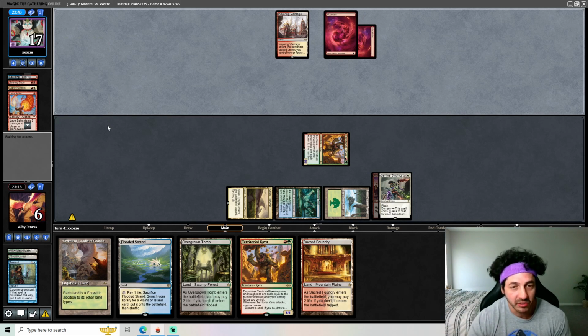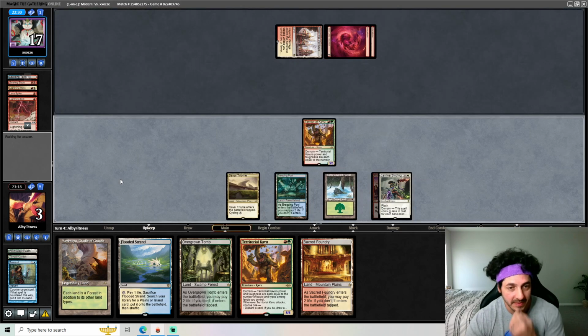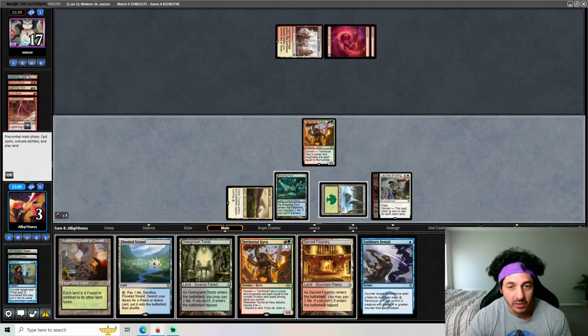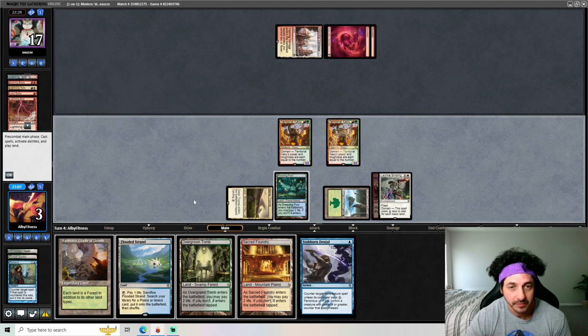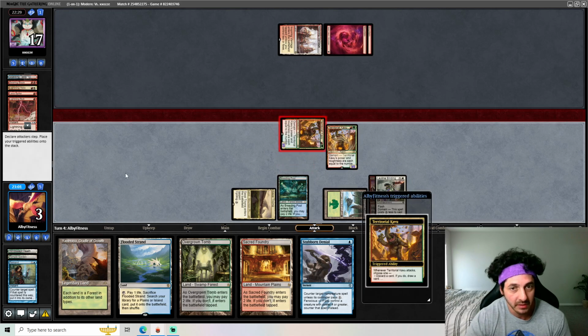Wouldn't mind getting a Siege Rhino here. We will have to shock a land in though, but that's fine. Oof. Okay. Okay, so we need blue for this. So we'll do red, green, Kavu. Let's see what the Kavu gets us here. Maybe we should have...